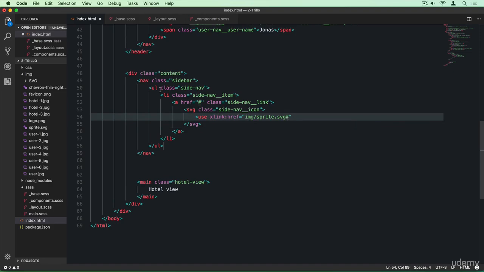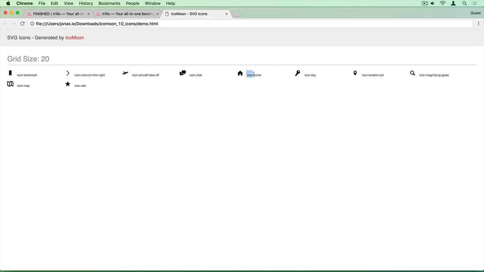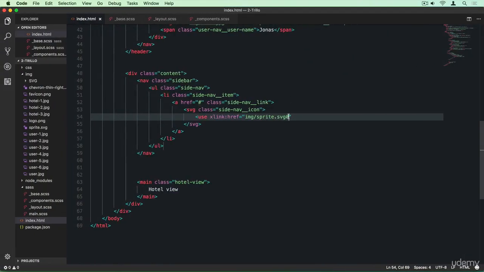And now let's take a look at which icon we actually want. So the first one is this house. Then we have the flight, then the key, and then here this map. So first up is the one called icon home. And so remember, all we have to do is to now set the hash icon here, and that's it. Close it, and here we go. So again, this is the best way of using SVGs in HTML by only including one SVG